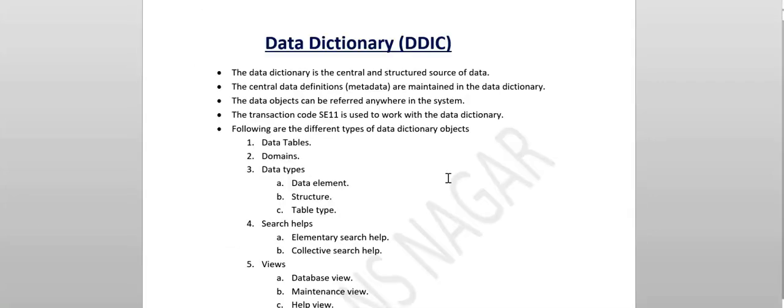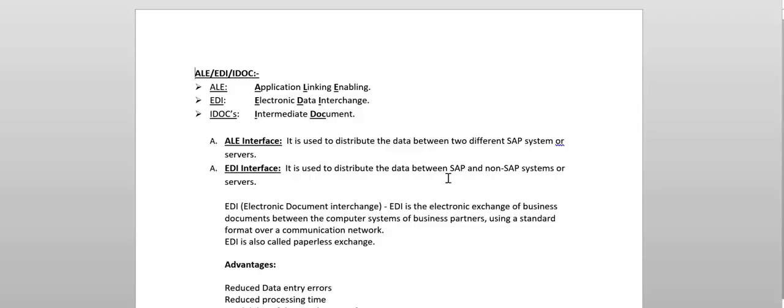Data dictionary. We call this a central repository system. Central repository system means, in EWM technical or any side, when we touch anything technically, for an example,